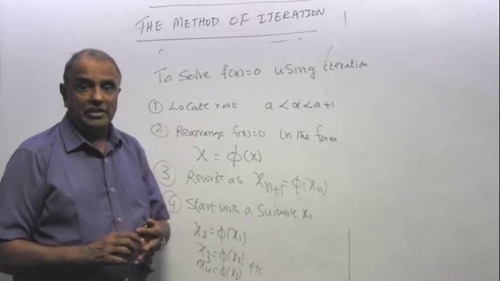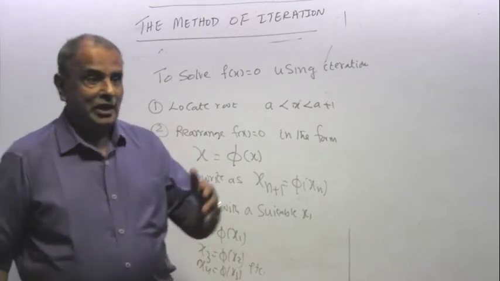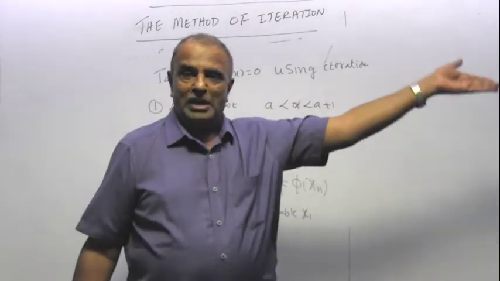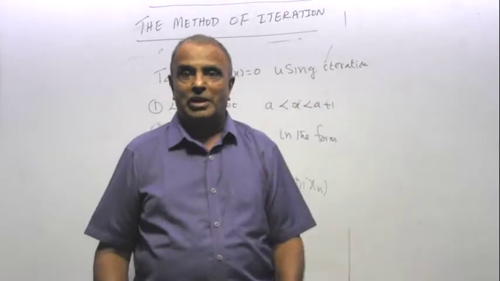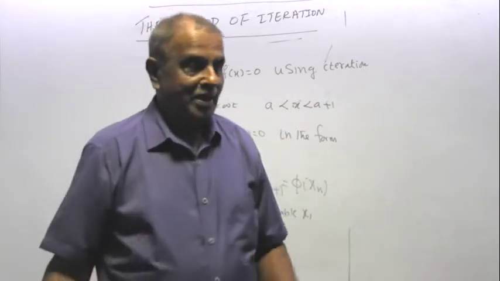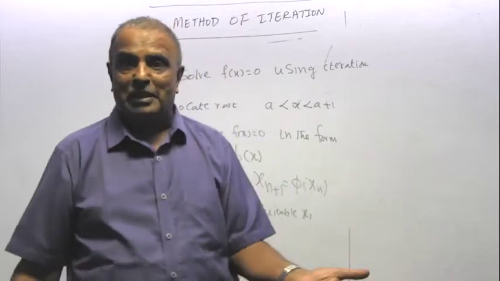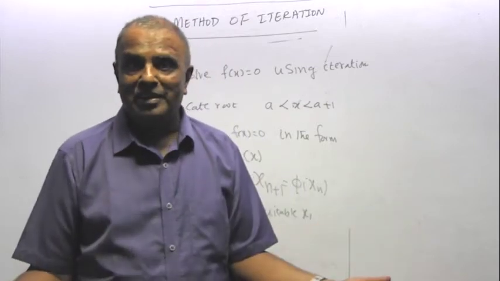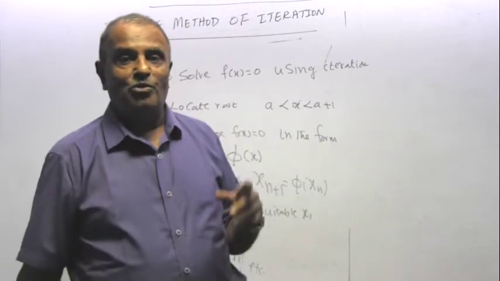But then I showed you in the same example, if you use one formula like root of 4x minus 1, you get the root. If you use the other formula, quarter of x squared plus 1, it doesn't give the root. Then how do we know? Fortunately,